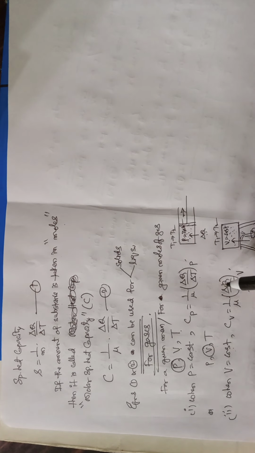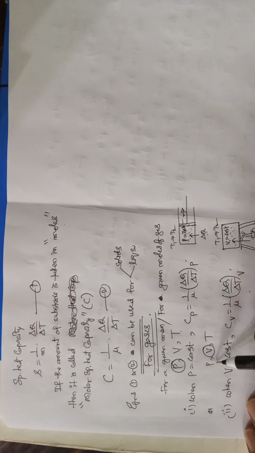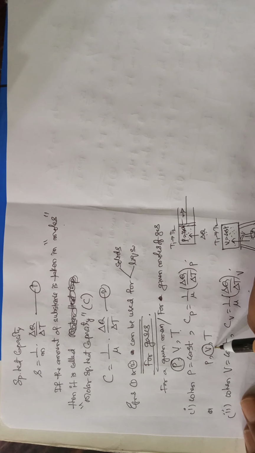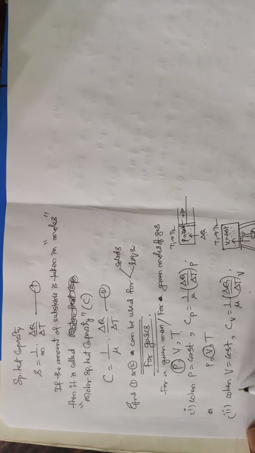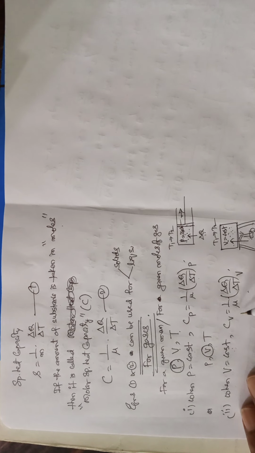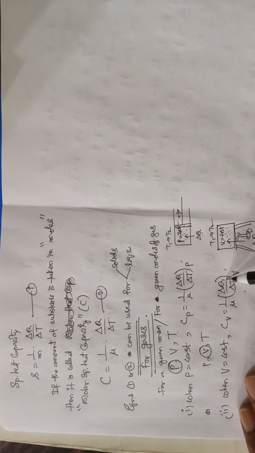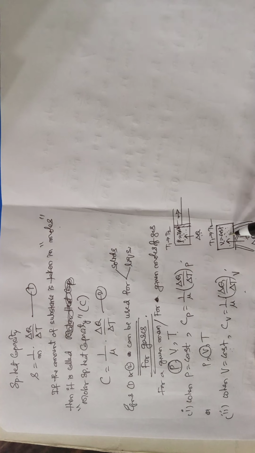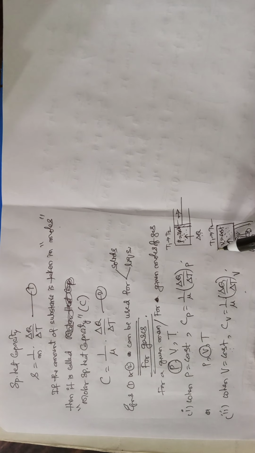Okay. Now again let us consider the three variables P, V and T. This time let us take V constant. So I wrote here, when V is equal to constant, then you write Cv is equal to 1 by mu delta Q by delta T at constant volume. Now for example, you take a container, in that you take some gas and you close it